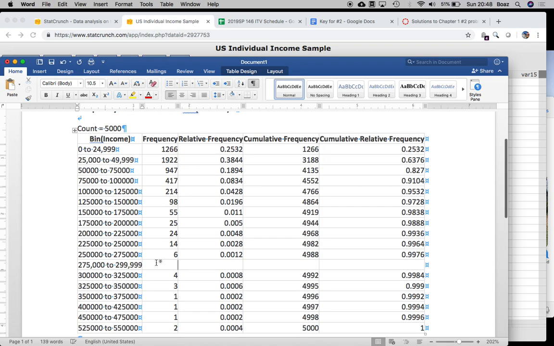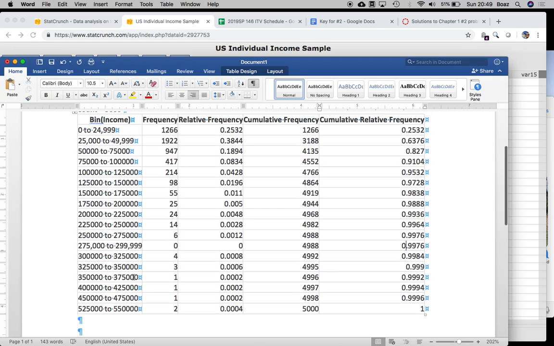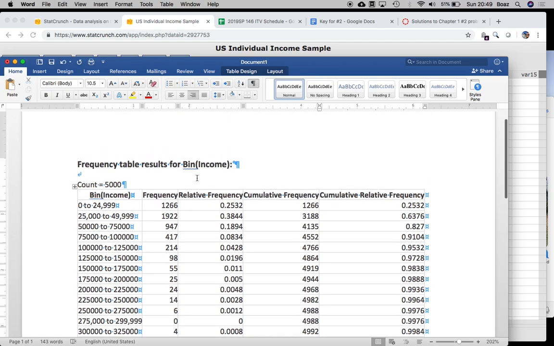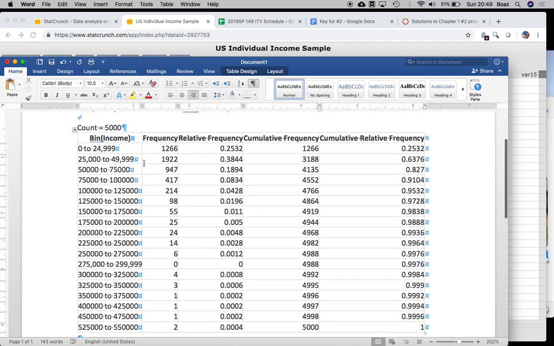But we see we have 0 in this case here, 0 there. Then this next one here, the cumulative frequency will still stay at 4988, and the cumulative relative frequency will be at 0.9976. And so if we have missing classes, we do need to add those in. It's a little tedious to do that, but still easier than doing it by hand when we have a